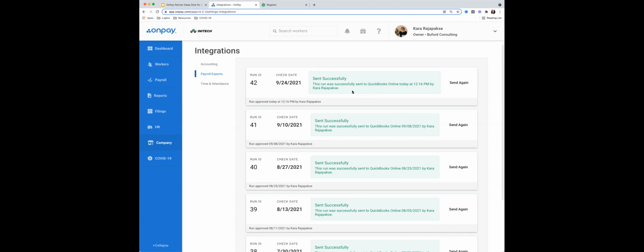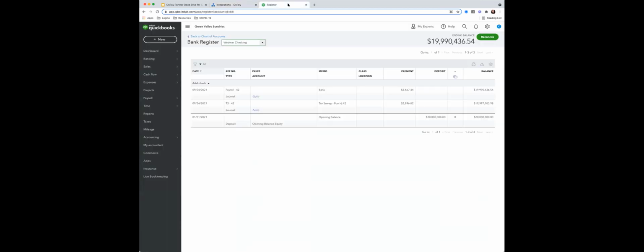And then also to go over to the register in QuickBooks. So if we go into QuickBooks and filter by the date, I think that is a great way to triple check it. Kara's already pulled up our date here, and we only have this transaction in this account, so it's pretty easy to find. But we do warn you if it won't go over because we're missing something, or we do show you that it was successful.